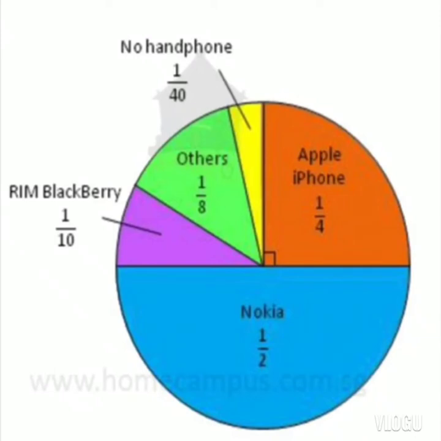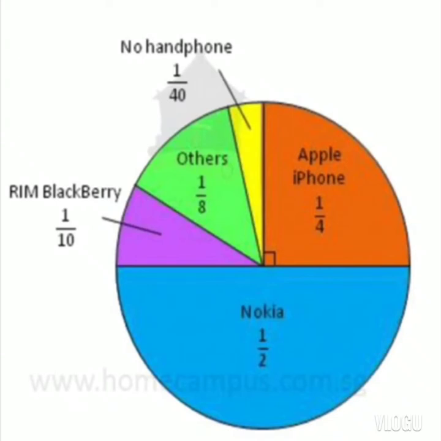You can see that the whole of the circle is divided into 5 sectors highlighted with a specific color. So you can make out what a sector is. A sector is the portion of the circle enclosed by the 2 radii and an arc of the circle. So by just looking at this pie chart, if I ask you which brand of the phone was used by the maximum number of people, you can easily give the answer that Nokia was used by the maximum number of people.